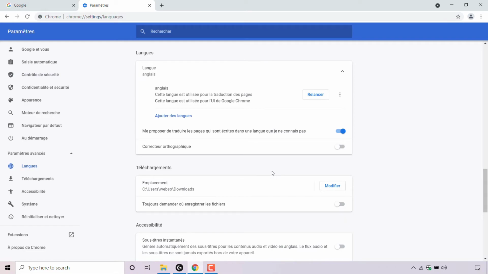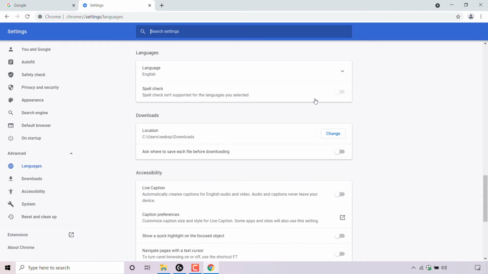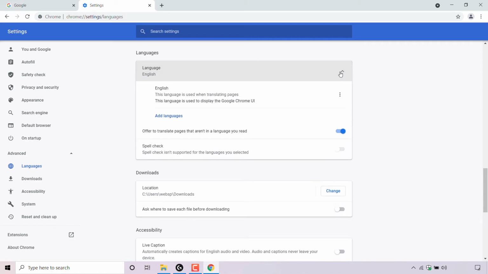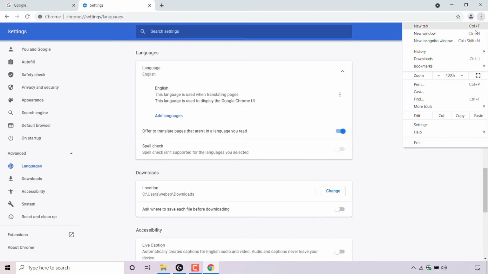To display Google Chrome's English UI, all you need to do is left click on this box with blue text right next to your selected English language to relaunch Google Chrome. And once you've done that, guys, Google Chrome will quickly close and reopen. And as you can see, Google Chrome's UI is now in English. And if I click on this arrow, you can see English is the language used to display the Google Chrome UI. And if we look to the top right hand corner here to the three vertical dots, left click on them, you can see that all the options are also now in English.